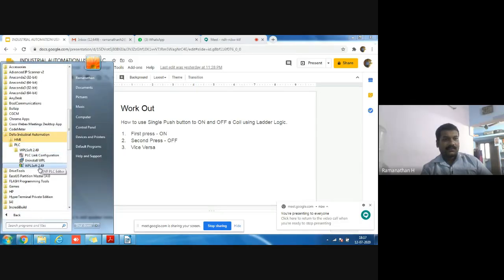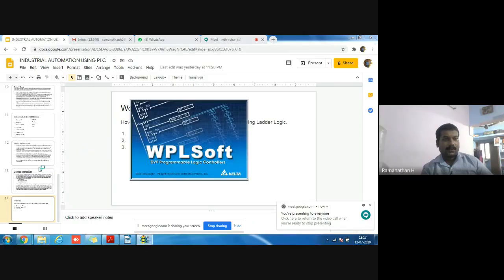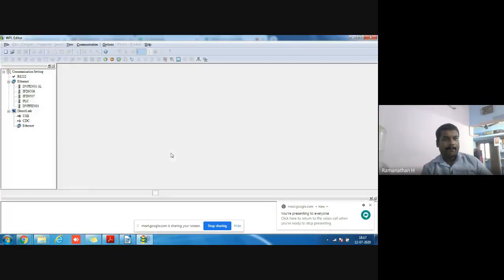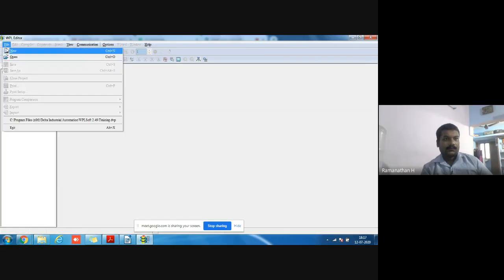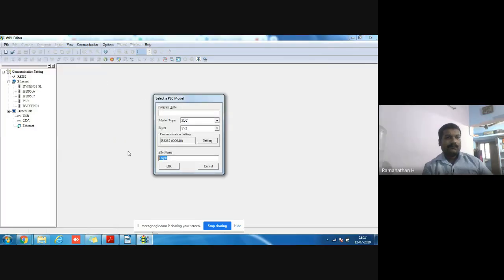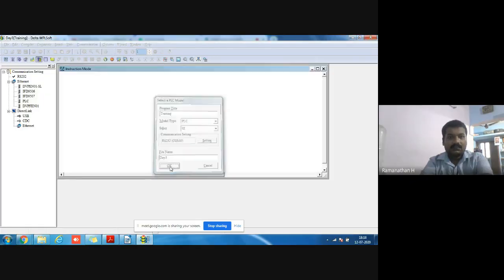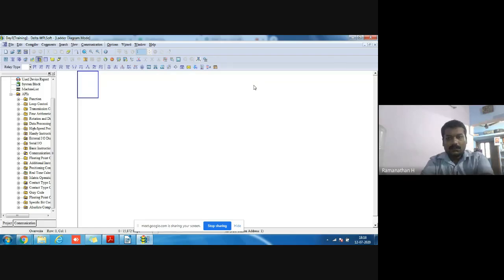I open the software. Select the PLC. Single push button means one input and one output.